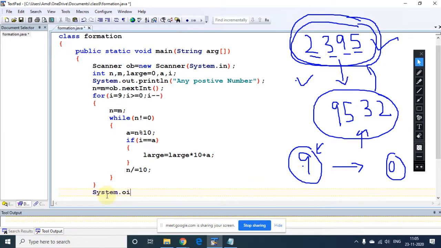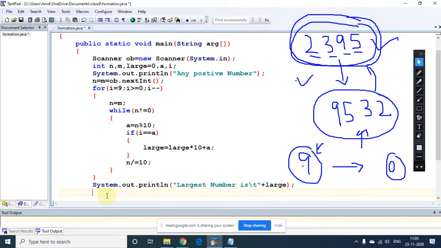Only the printing is required now. That I am going to print: Largest number is, large. So how it is going to generate the largest, that I will show you.